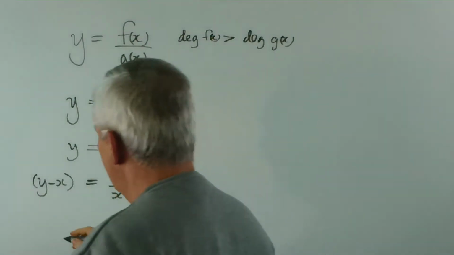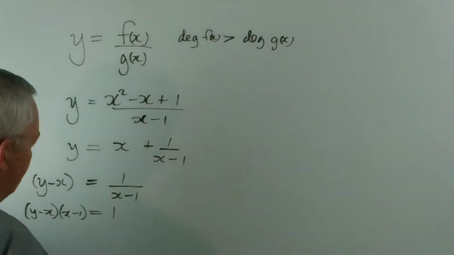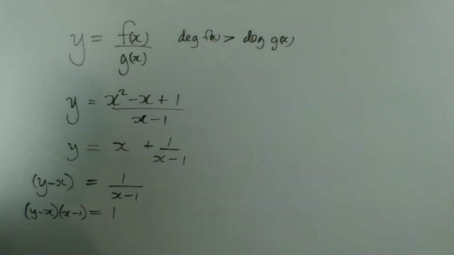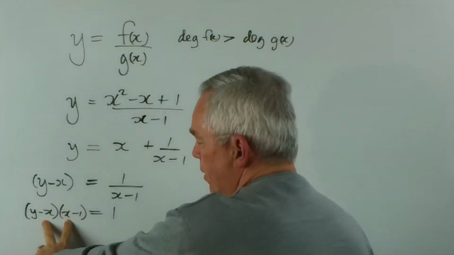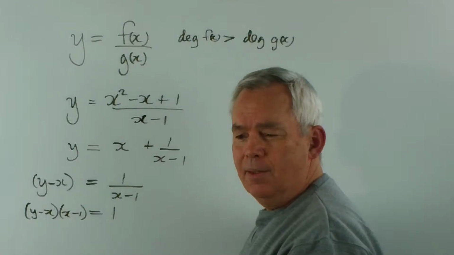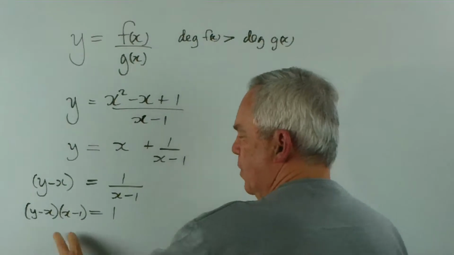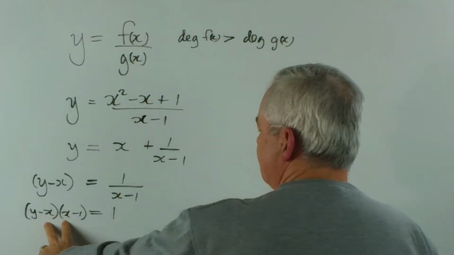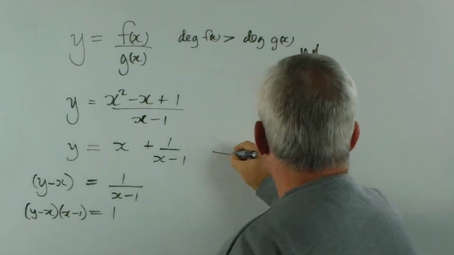If you want to go a step further, you could say that y minus x times x minus 1 equals 1. Just multiplying both sides by this. Now, you can see that neither of these two factors can be 0. Because if they were, you'd have 0 times something equals 1. And there's no number in existence that you can multiply 0 by to get 1. So neither of them can be 0. That means that if we graph this particular function,